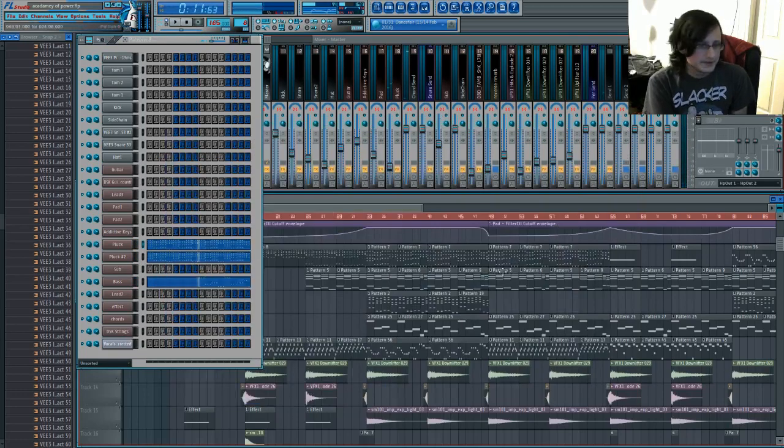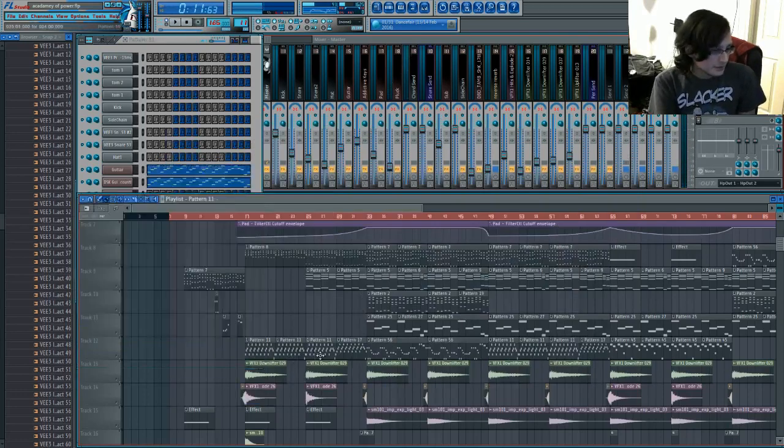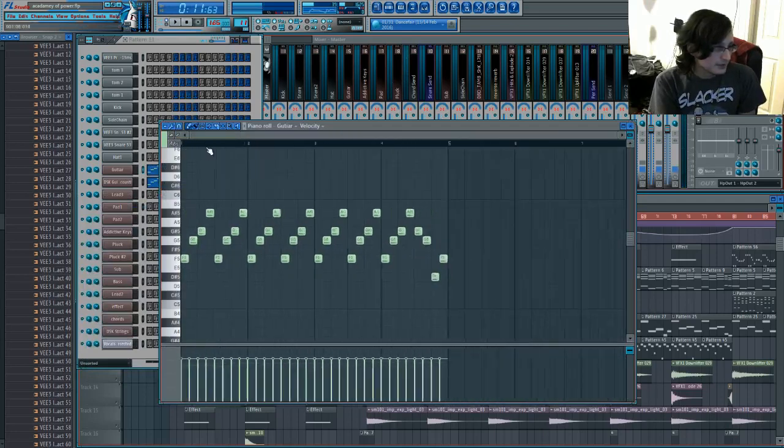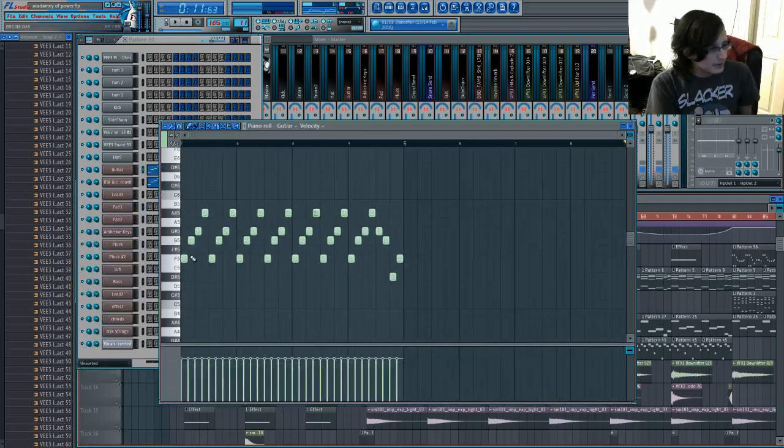a little more interesting. And then you also have to consider the lead part that I also added in the beginning, which is a very simple pattern. Like all of these are pretty much considered notes. The pattern is